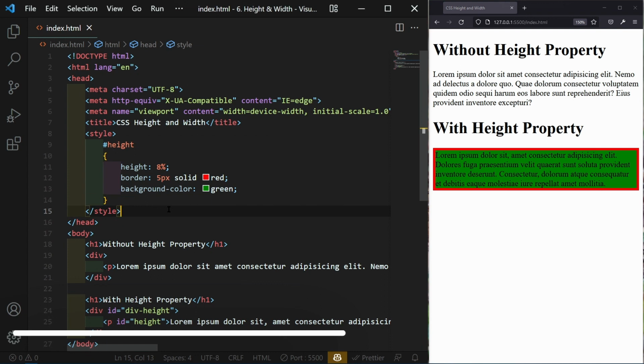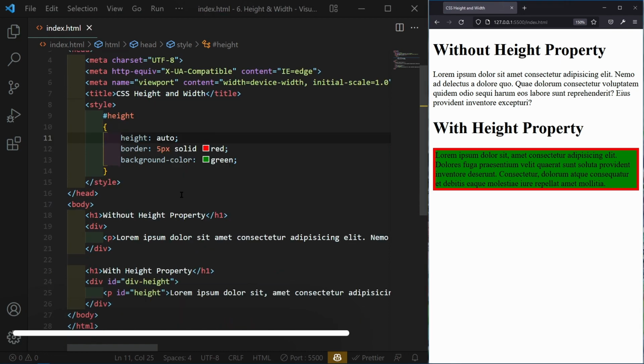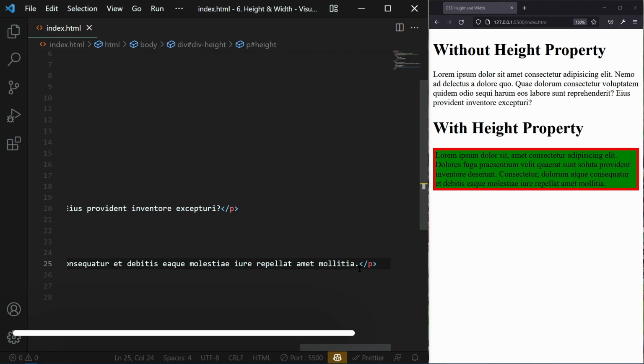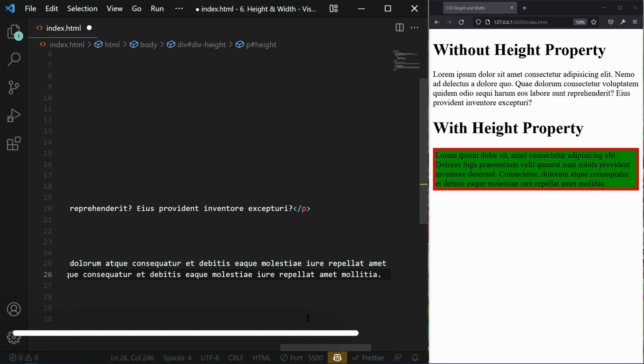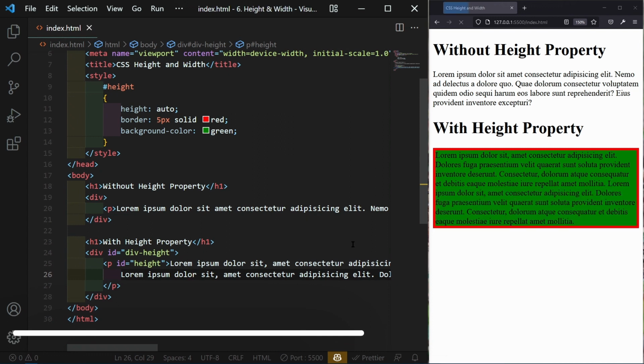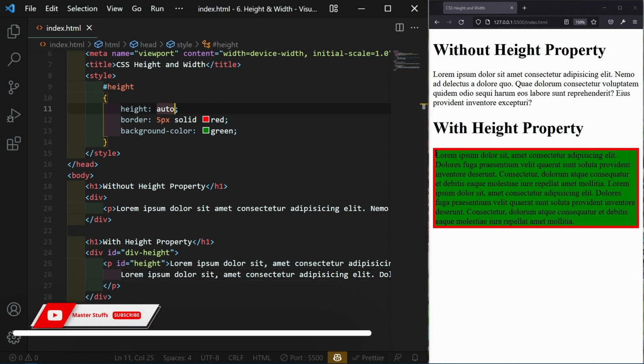So we can also use the auto value. Let's clear this first and write auto and save this. You can see here the height and the paragraph text are the same. For clarity I just copy this text and press enter here and paste this. You can see here this is two lines, the same text I pasted here, and save this. After saving this, you can see here the text size is increased, and the height is also increased because the height is auto, that's why it will match the content.